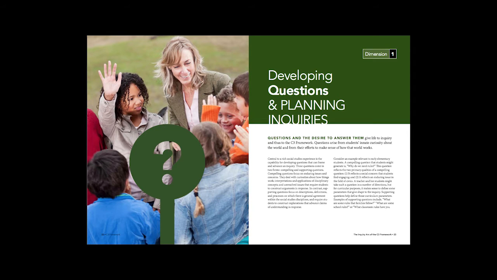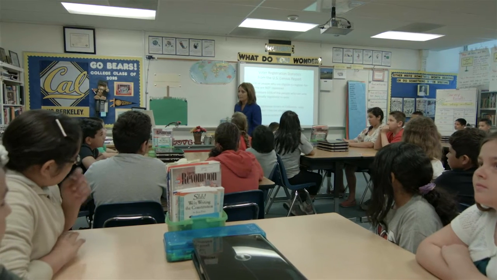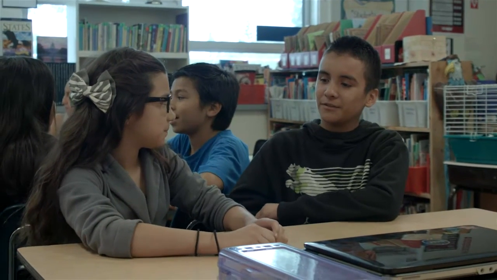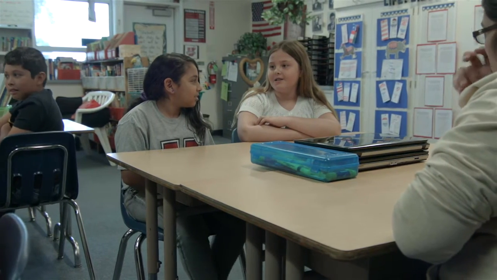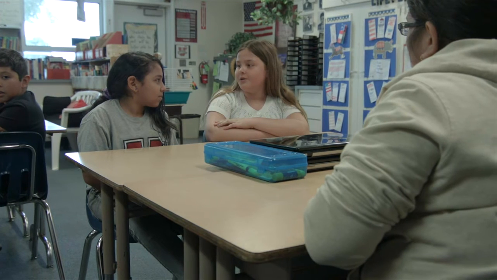to vote into adulthood. Dimension 1 begins with a question, an inquiry. We want students to get excited about learning social studies, and so we start with what we call a compelling question. Today's compelling question will ask students, why is it important to vote, and does it really matter? The idea is to get them excited about learning their subject. Voting matters because your voice can be heard and you can make decisions based on how you feel and your